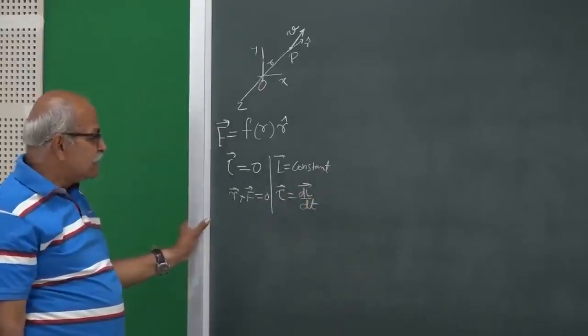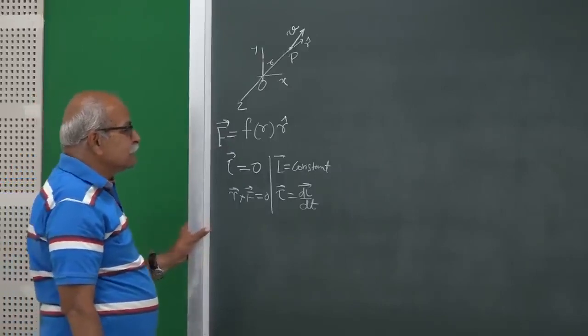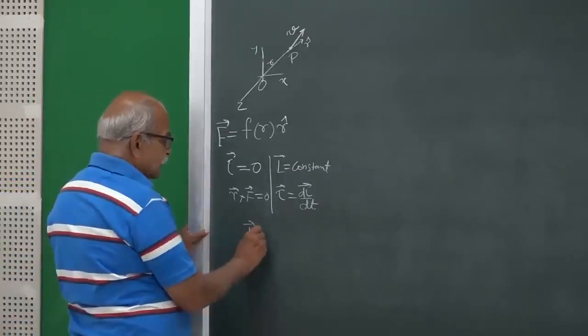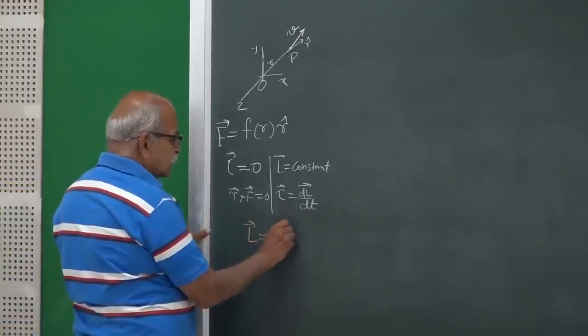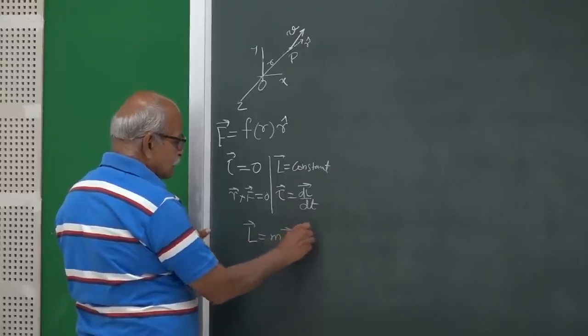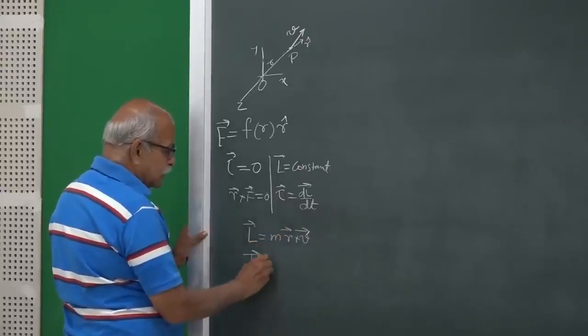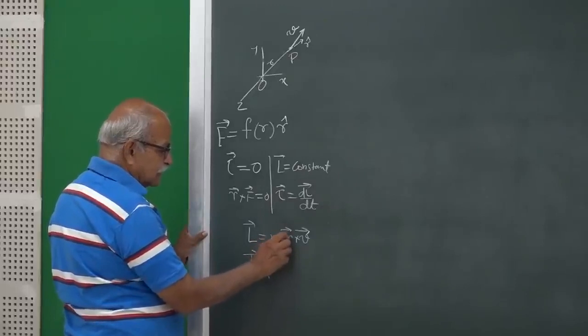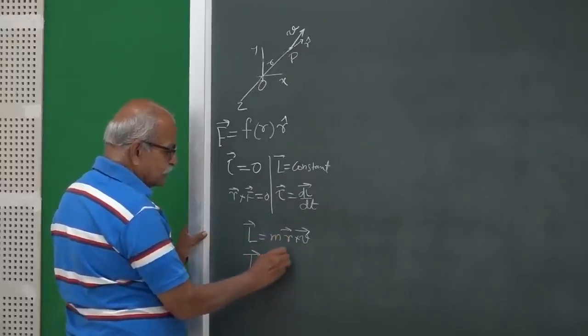And if L vector is constant, and L vector is m times r cross v, then L is perpendicular to this r vector and also perpendicular to this v vector,